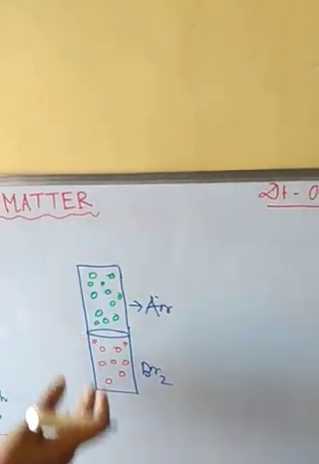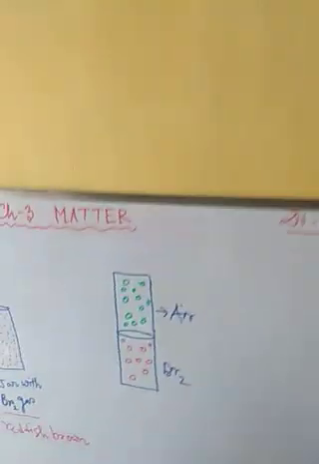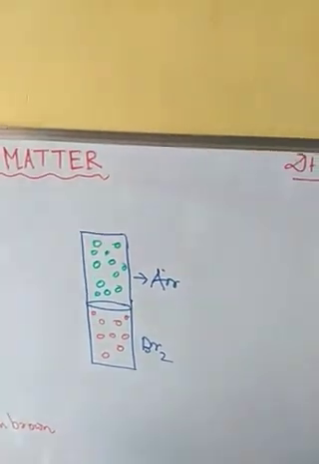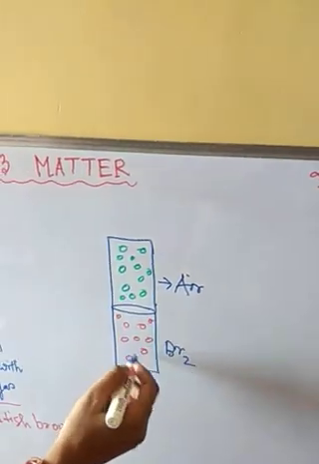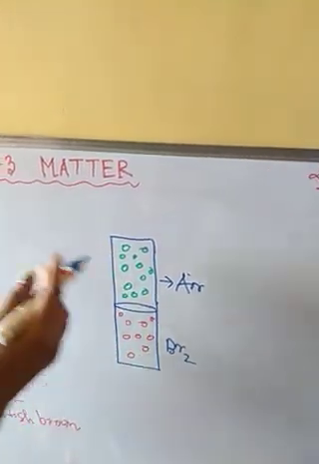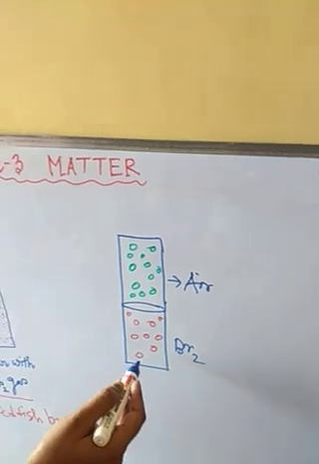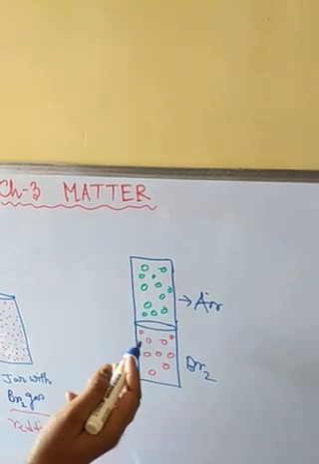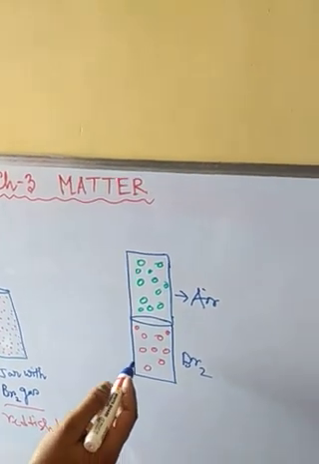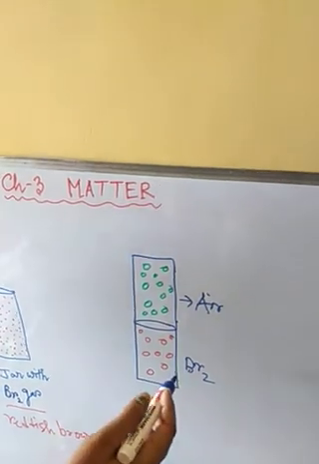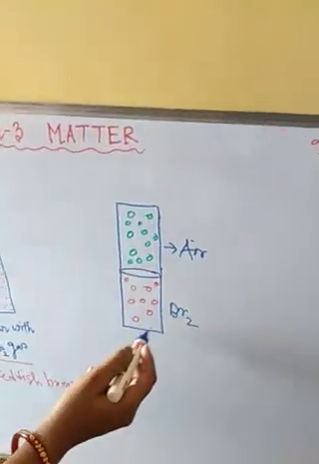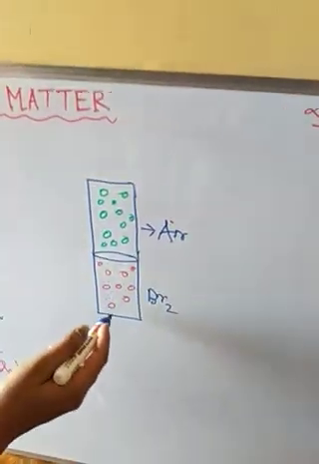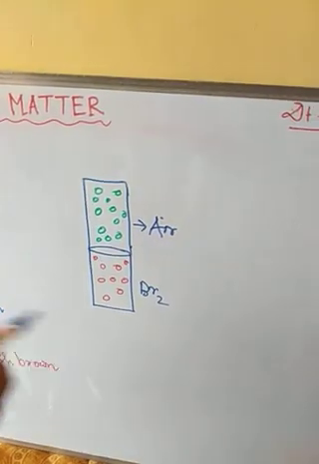Now after some time we can see the particles of air and the molecules of bromine will intermix because of diffusion. As both are gas particles, the diffusion will be highest. So we can see the diffusion at a high rate, at a high speed, and after some time we will see the whole gas jar will get the color of the bromine gas. That means the reddish brown color of the bromine gas will spread all over in these two gas jars. So that will look like,